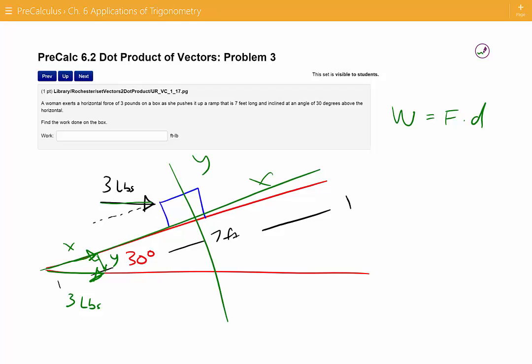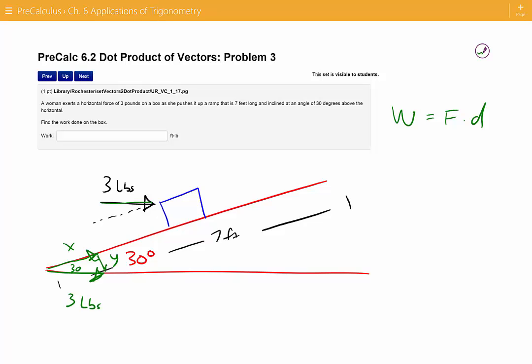Now it's kind of weird. Those of you that have taken physics are probably more comfortable with this because you've done that a lot, but you're going to need to get used to vector projection like that, where you have to break up a vector into two components. So once we do that, we can easily find, this angle is 30,